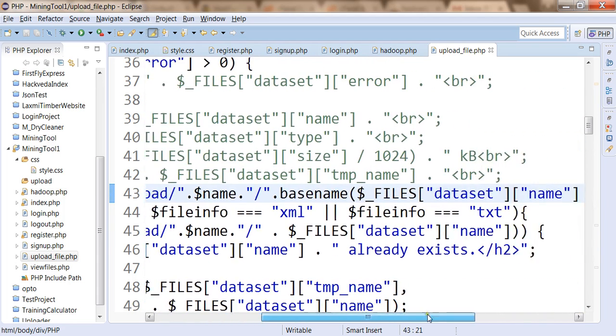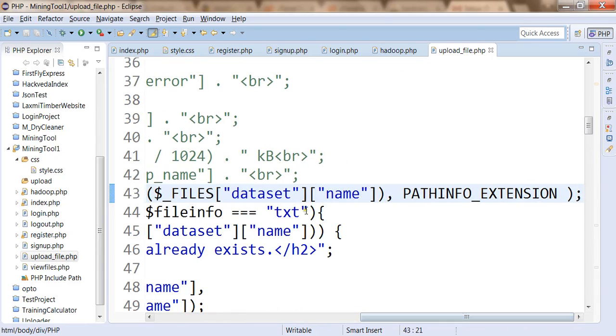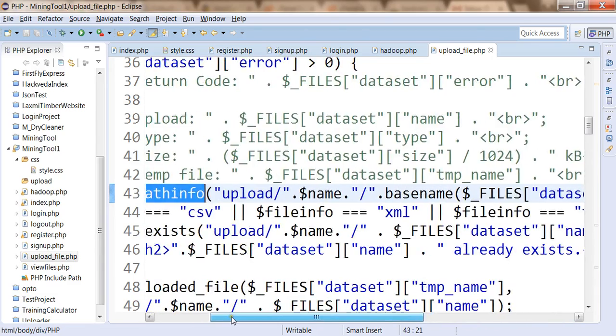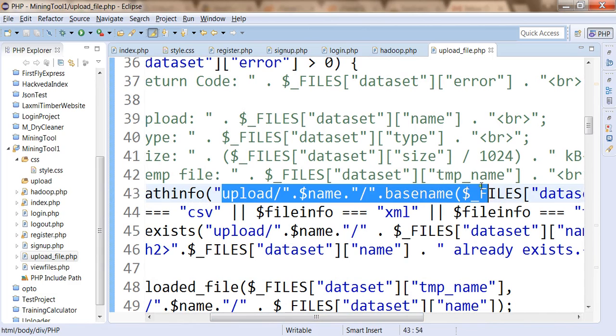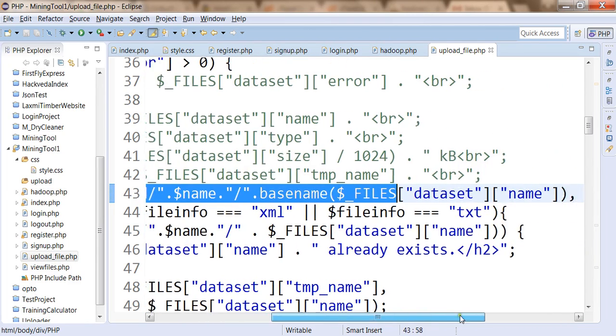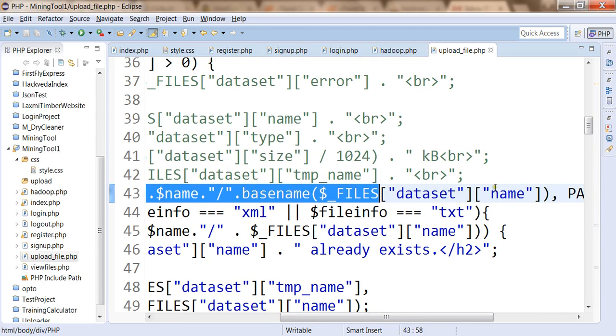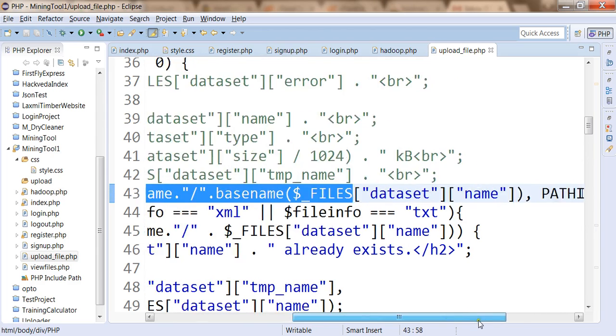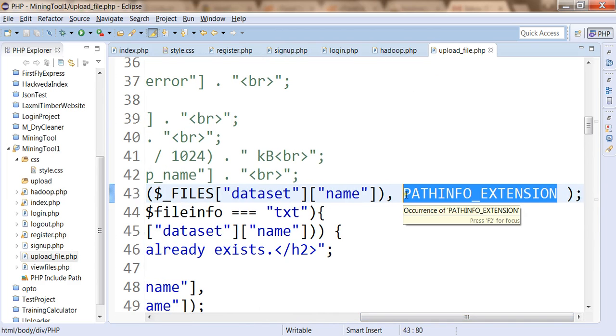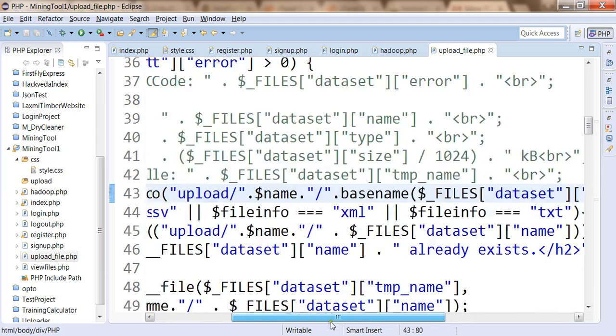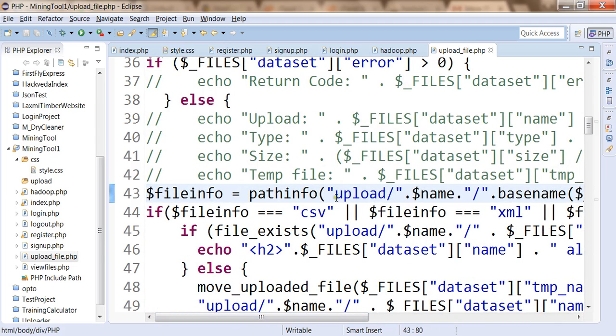We are going to specify a path value, and according to this path value, we have specified the path from upload slash name of the user slash base name of the file, which means the file without the extension for the dataset file which we have uploaded will be identified, and the path info extension is the flag which will automatically identify the path extension of the file, and that extension will be concatenated, and this complete path information with respect to the complete path and the file name with an extension will be stored inside